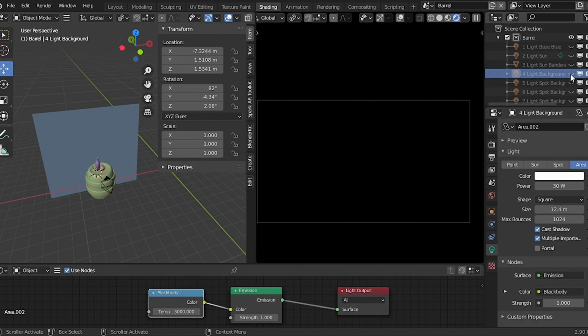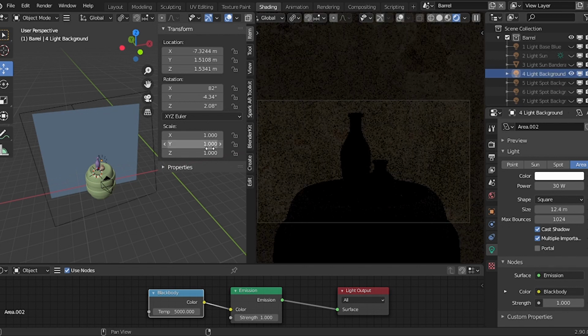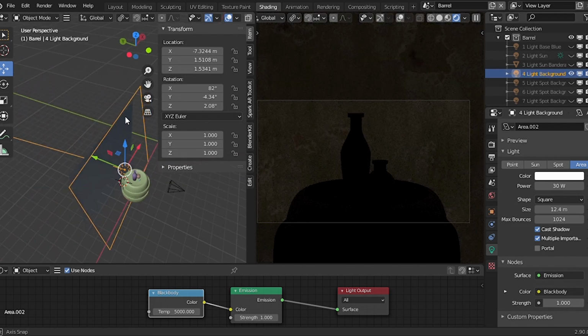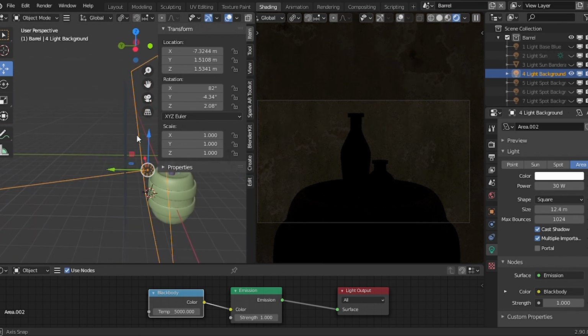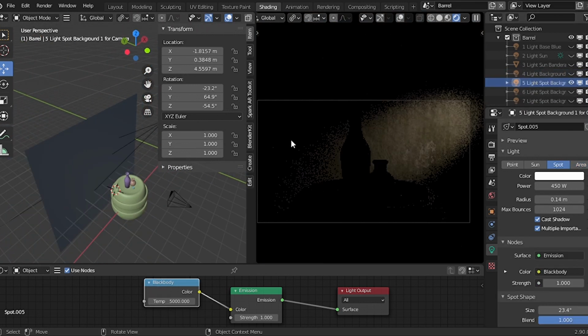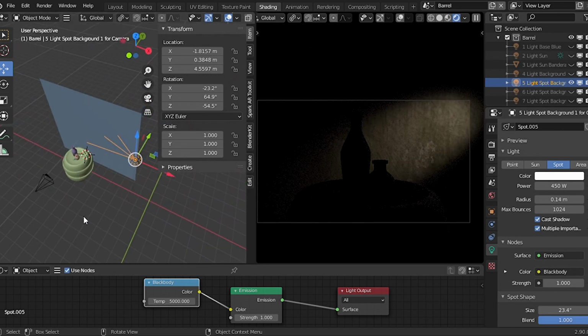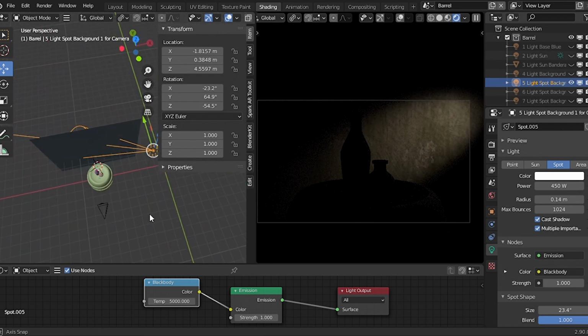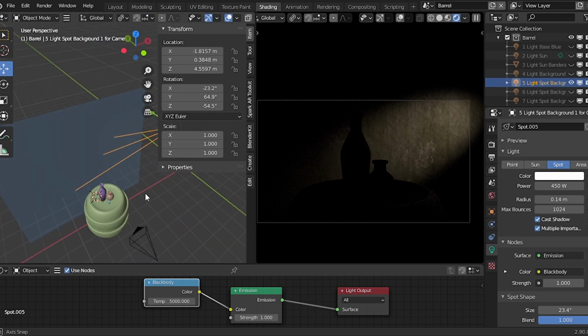An area light used as a background light, not as warm as the previous light and pretty flat looking to not generate shadows on the background. And now to make an effect in the wall, a light beam shape, I used 3 spotlights because with only one I couldn't make the exact shape I wanted.